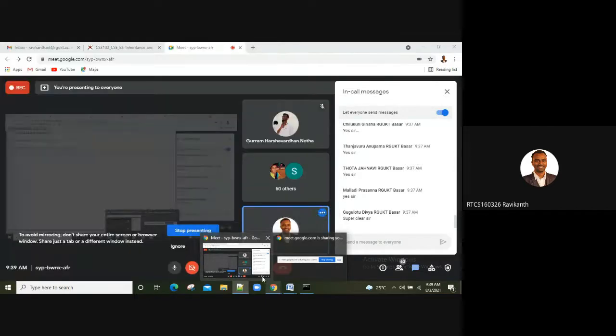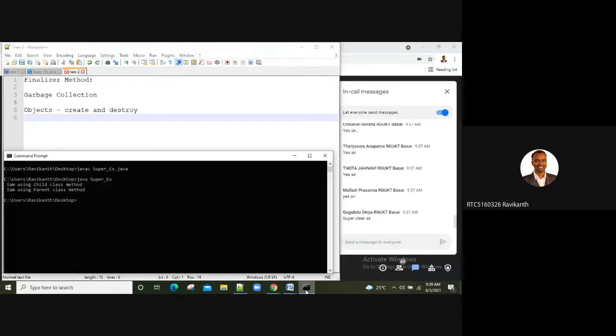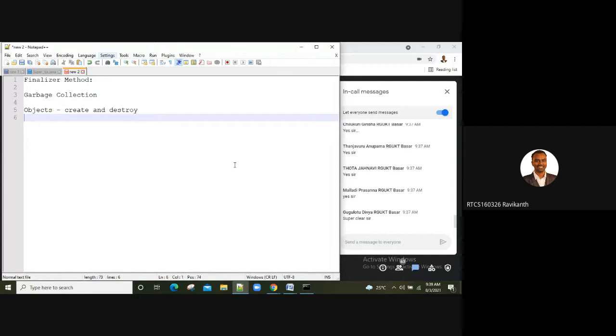When they are no longer required, that object has to be freed, or else what happens, guys? If you don't free the memory, at a time you will get a problem where you cannot create a new instance.